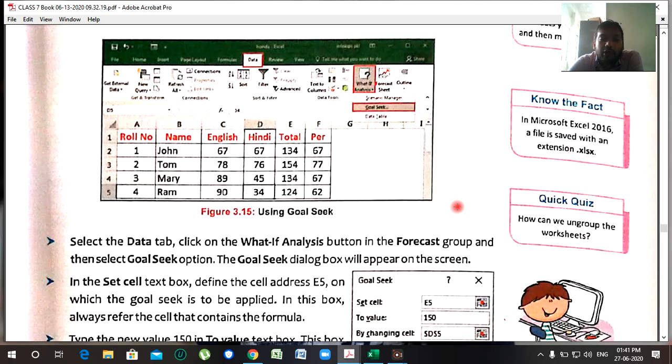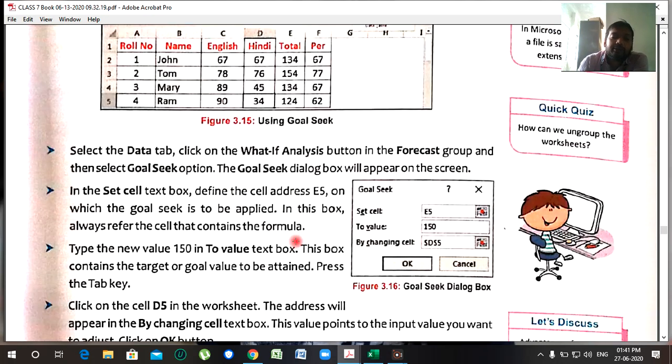Okay, now here we are going to perform how to do Goal Seek. First of all, we have to create the data list, meaning input the data. After creating the data, we are going to set the value, and this value is set by using a formula.